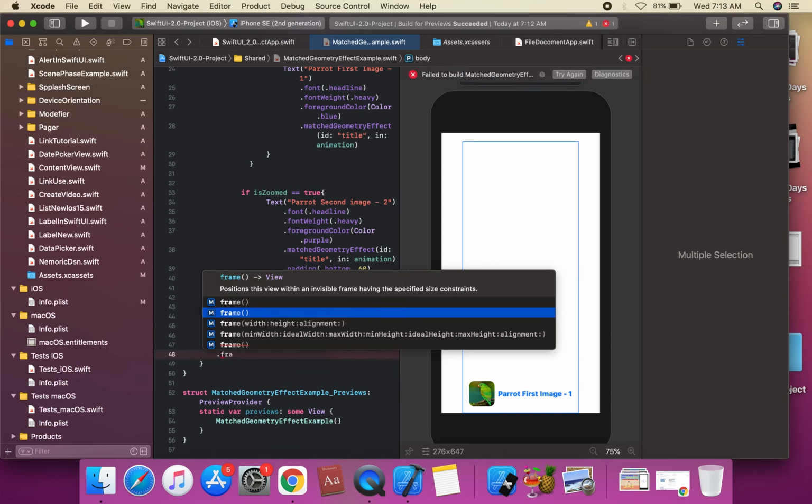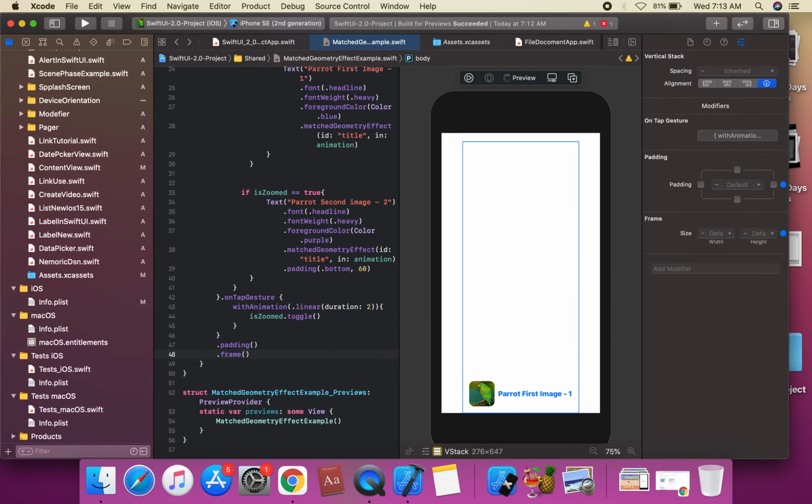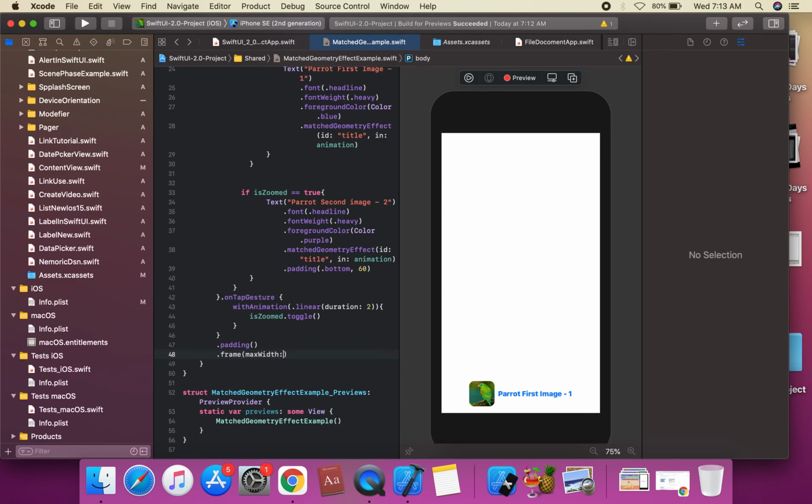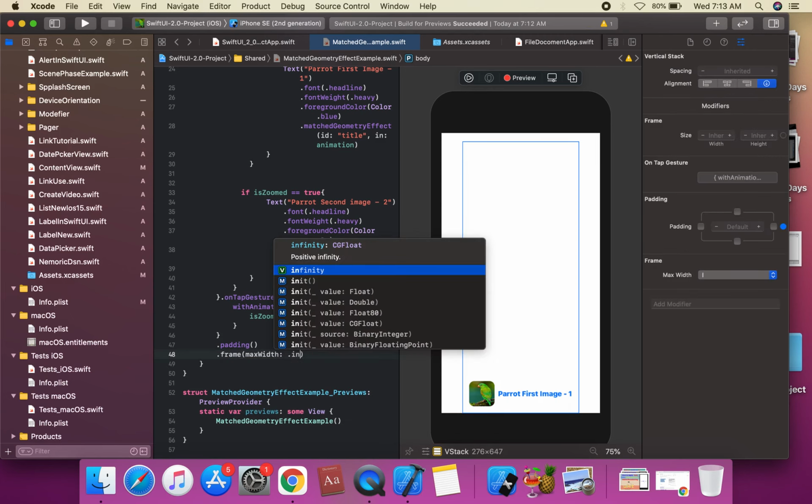We can assign this frame max width, max width dot infinity, applying the infinity width.